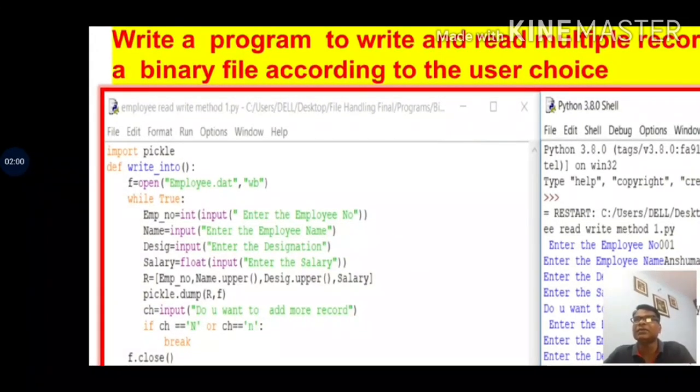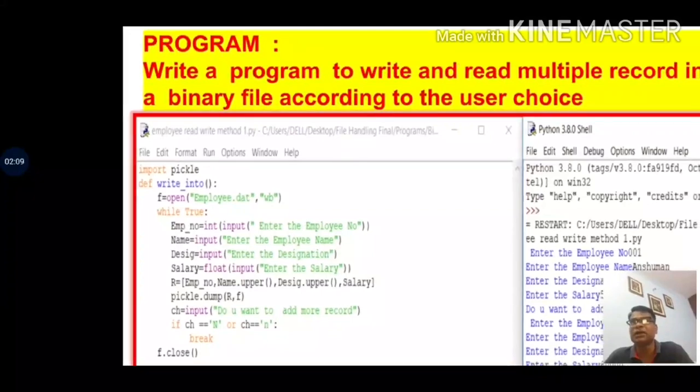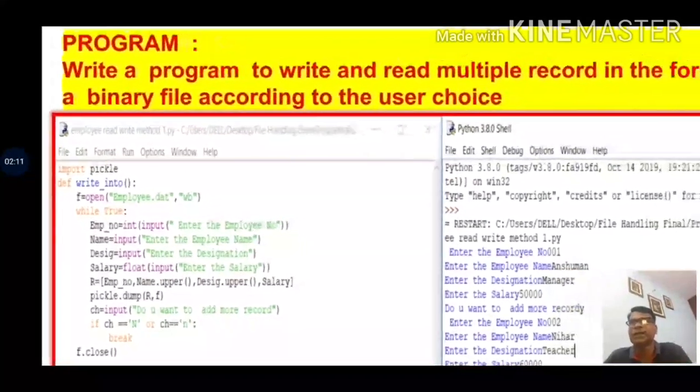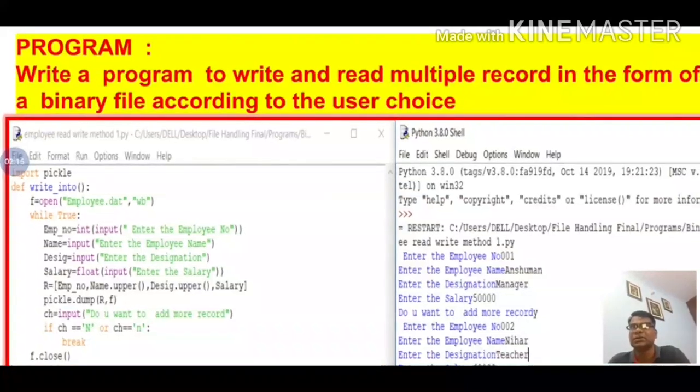I am taking variables: employee number, name, designation and salary. Those are the fields of the employee data. I am inputting the employee number, name, designation and salary in a list.